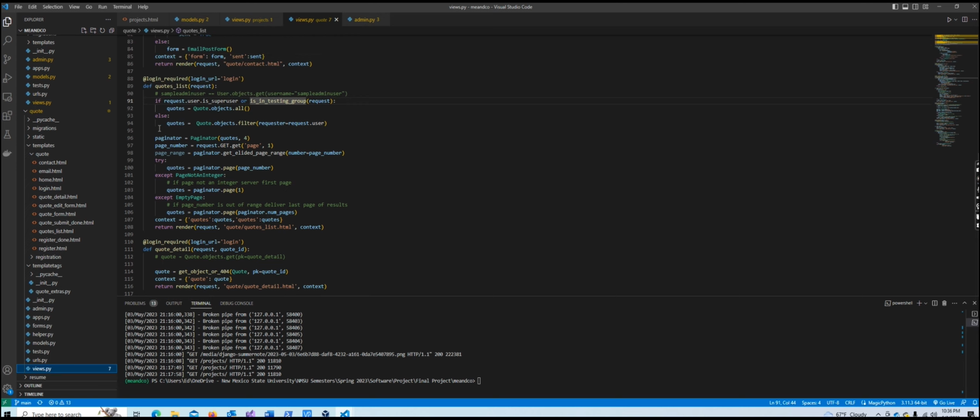So this is where I control if they're in that test group or if they're a super user, then they're able to see all the objects or all the quotes that all users have. If not, then all they can see is their